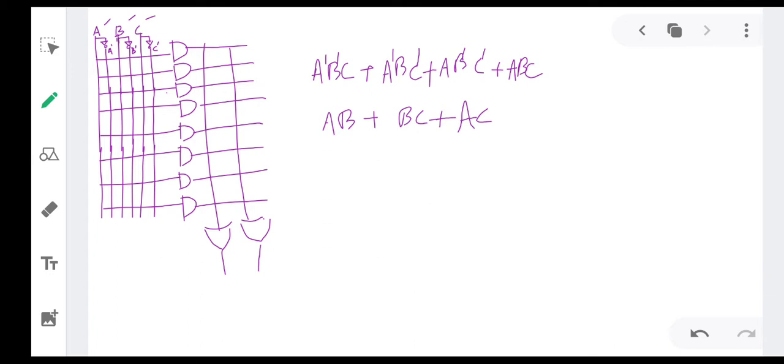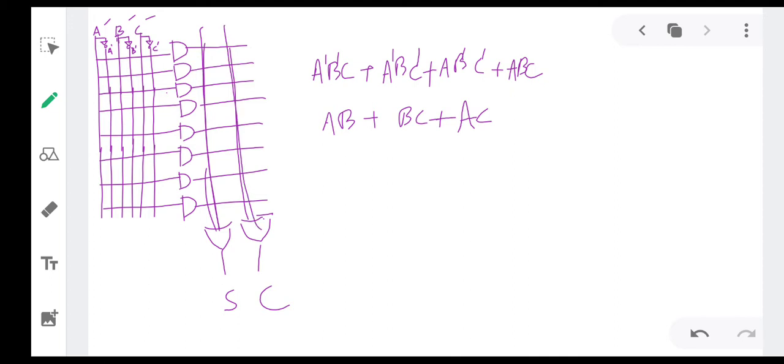So I will draw 8 AND gates, 8 product terms, and 2 functions, sum as well as carry. That is also given by an OR gate like this. Carry is also having an OR gate like this.